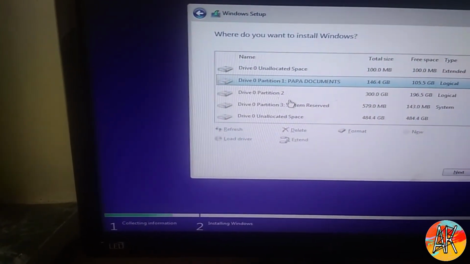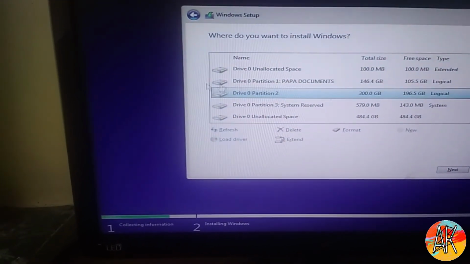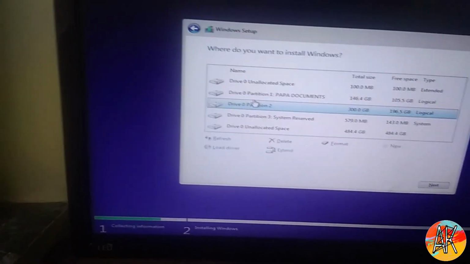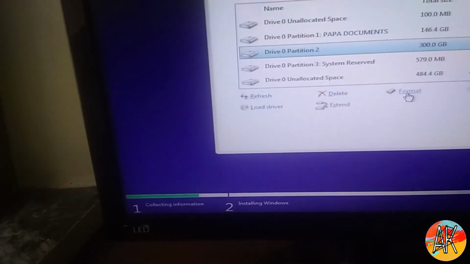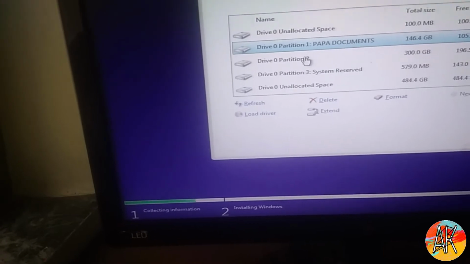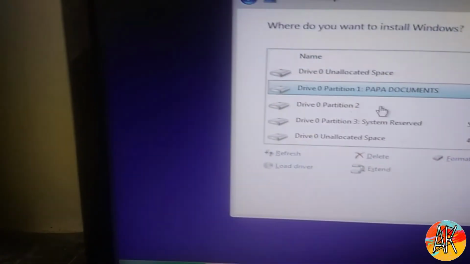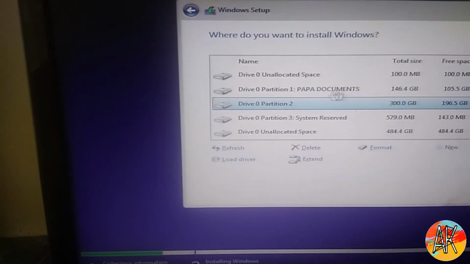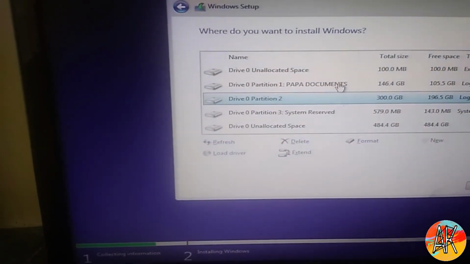Here you can see that this is my current Windows 11 installed disk. In this disk my Windows is installed. So I am going to format this disk. It is compulsory for local disk C. For the other disk it is not compulsory. If you want to install in this disk, you have to format the data in it. That's why I told you to take a backup. So I am going to install in this disk. If you have not taken a backup of the other disk, don't worry, nothing will happen to it.